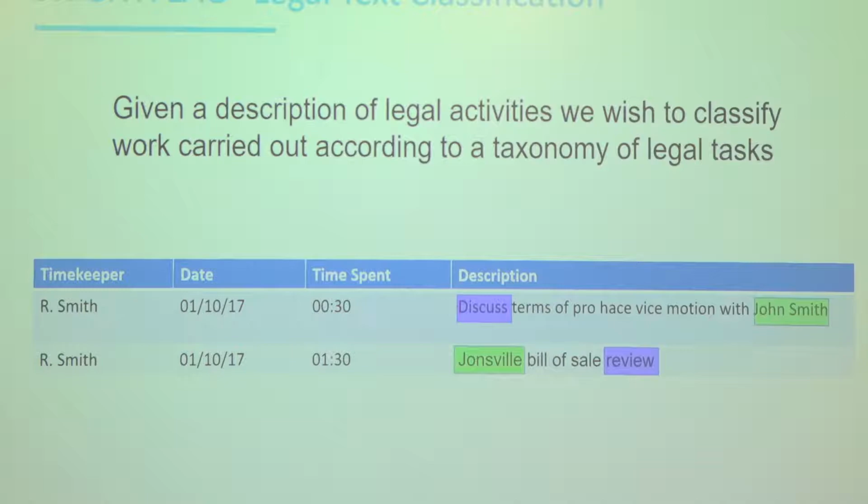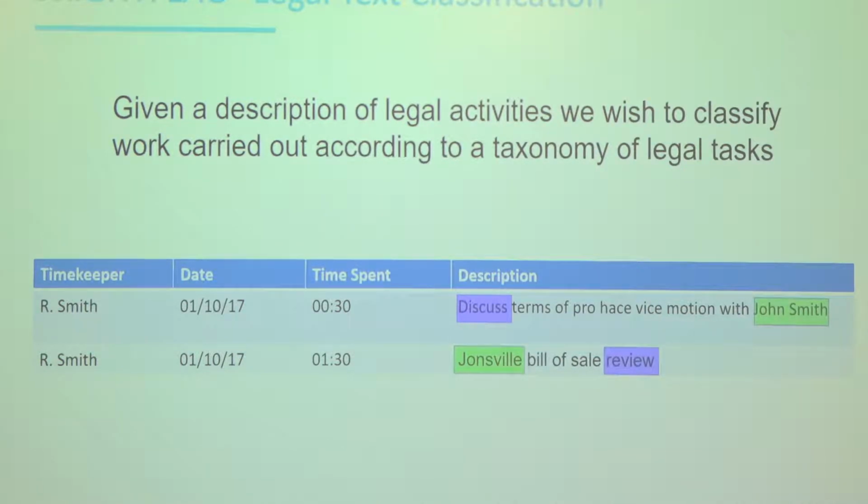The second thing we might be interested in is the direction of that action. So in the first line, we're talking about a discussion with a person named John Smith. So the context there is very important to try to figure out what's actually happening in the line, who is John Smith and what's John Smith's relation to the firm who's working for the particular client. Because if you're outsourcing your legal work to a law firm, you might be perfectly happy for them to bill you for meetings with you or for meetings with opposing counsel, but you don't want to be billed for discussions with their own internal team,